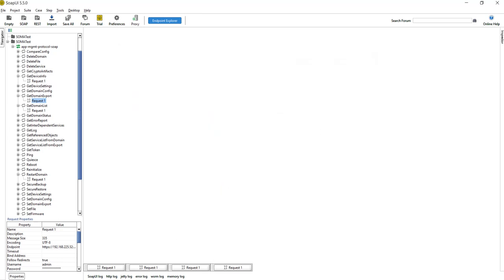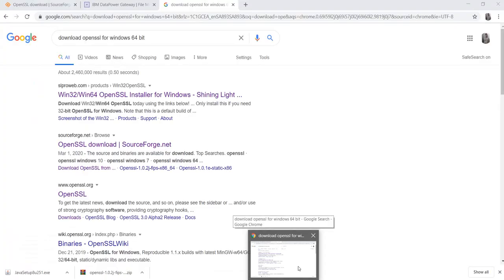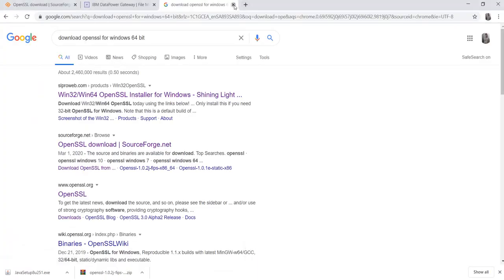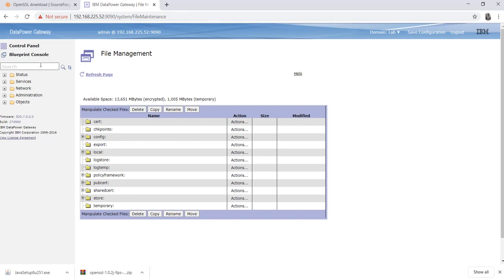So let's create the certificate first. We can create the certificate in any domain, but I'd prefer the domain in which you want to use your keys and certificate. It's better to create it in that domain, but you can create it in any domain. I'll show you how we can export the private keys and public keys. It's not a must that you create the keys and certificate in the default domain.